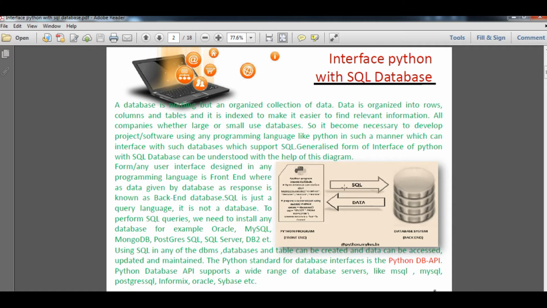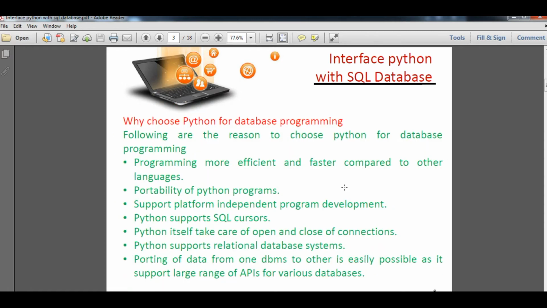Now we are going to use Python to access the database content, I mean to say tables, relations, etc. Now you can see why we have selected Python as a database programming language. Programming is more efficient and faster compared to other languages, and the portability of Python programs is very good. It supports platform-independent program development.